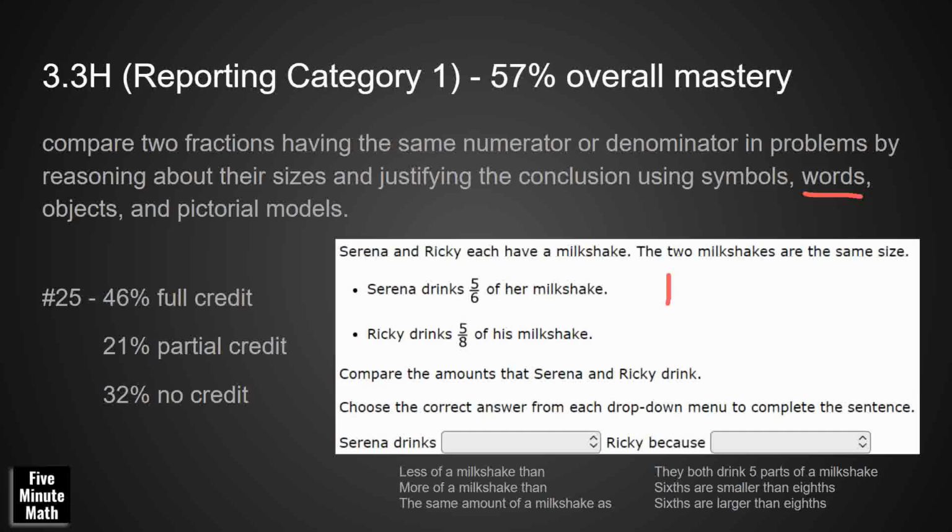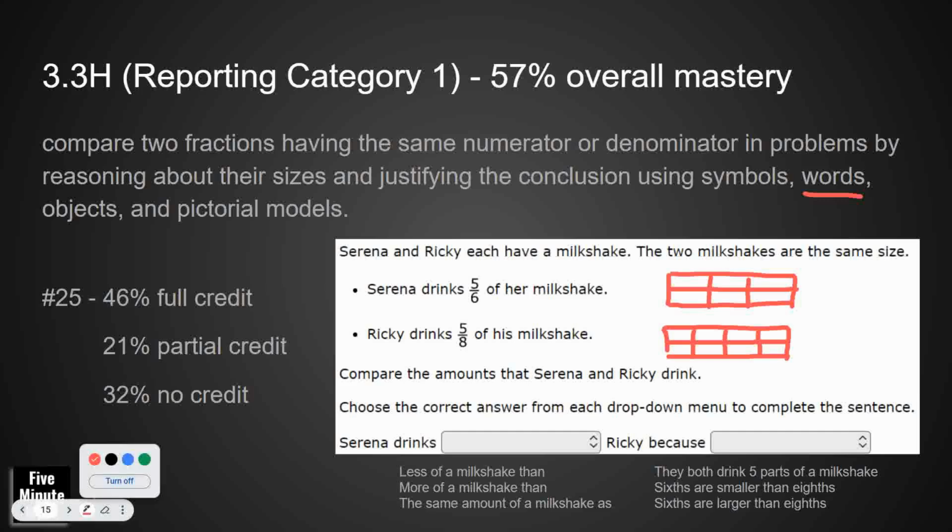So what I want to do here is see if I can draw for you two different rectangles to visually represent what we're doing. I'll try my hardest to make the rectangles the same size. So I'm going to make sixths. What I do is create thirds, and then cut each third in half. For the eighths, I create a half, each half in half, and then cut each of those fourths in half. And let's see if we can get just a little bit of shading here. Here's my 5/6,